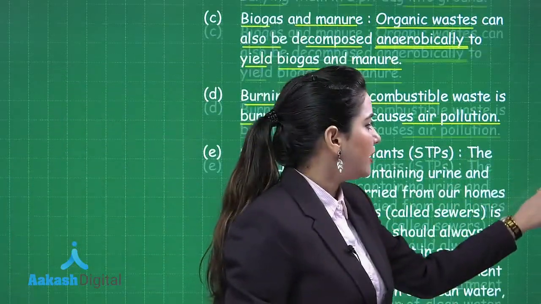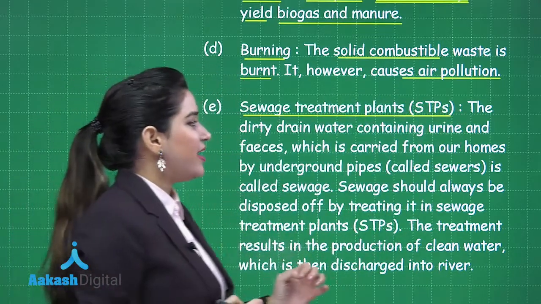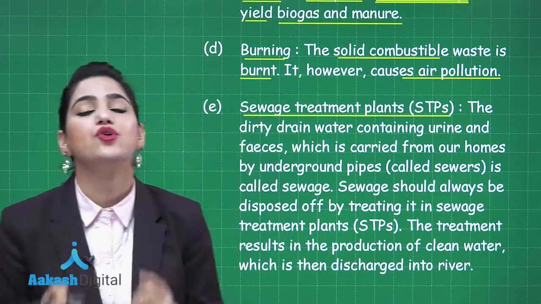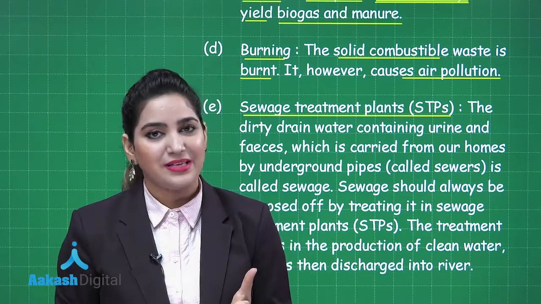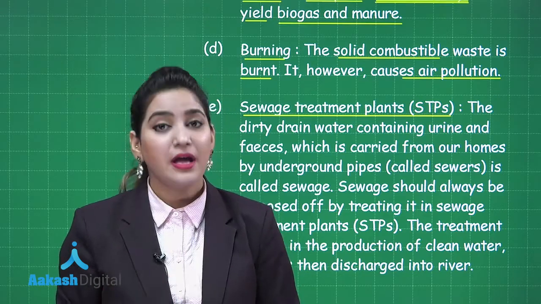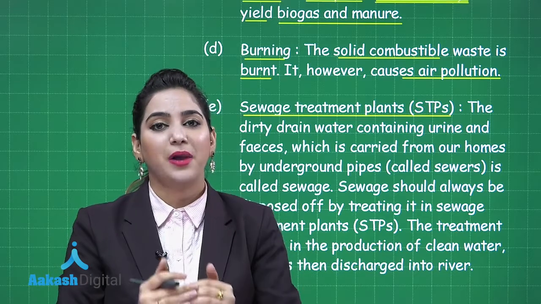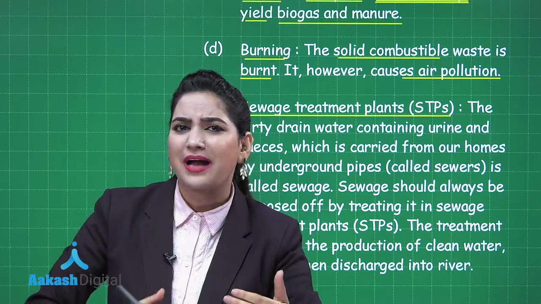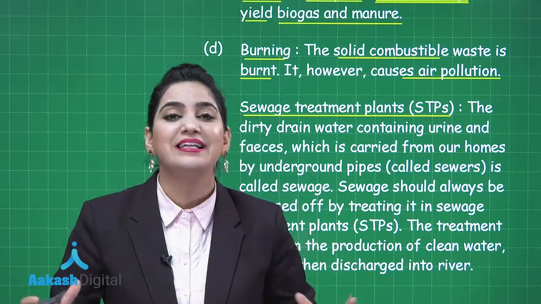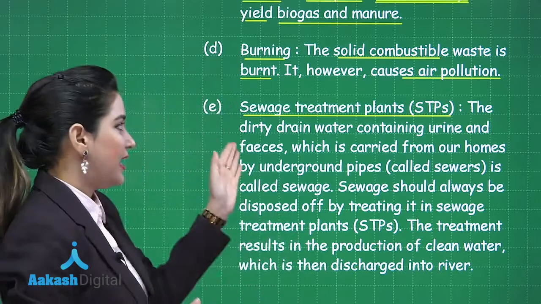Now let's talk about another way of waste disposal, which is sewage treatment plants. Guys, first of all we need to understand what is sewage. Sewage is water which is polluted with human excreta. Yes, municipal waste water polluted with human excreta. Now the human excreta is organic matter. The water polluted with human excreta is sent to a sewage treatment plant where certain aerobic and anaerobic bacteria work on this organic matter and clean the water, make it better, and then this water is released into water bodies. So that is sewage treatment.